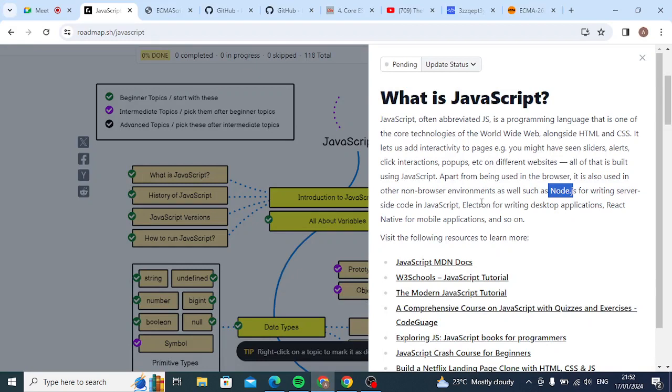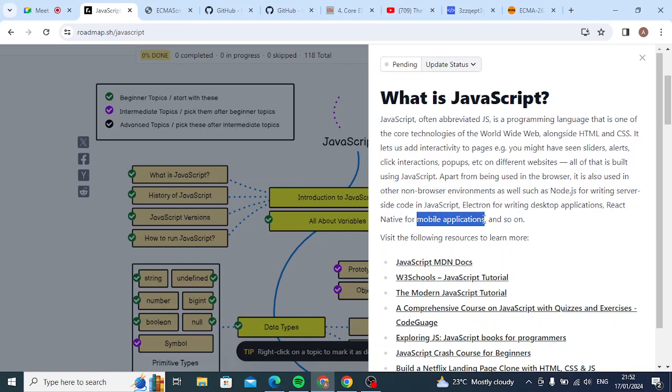So it is also possible today with the latest advancement and the libraries to create some applications which are called desktop application. And yes, it is also possible using JavaScript. I can even create mobile applications as well.